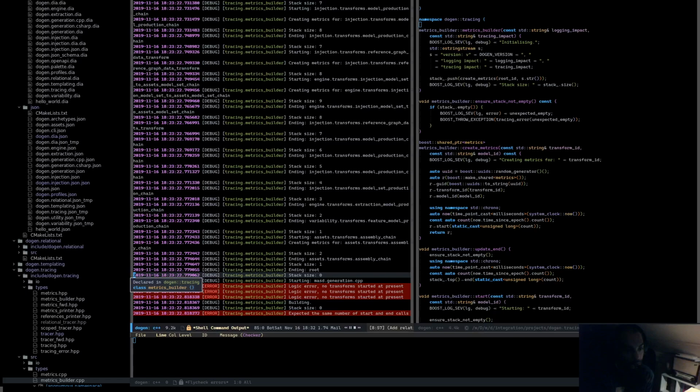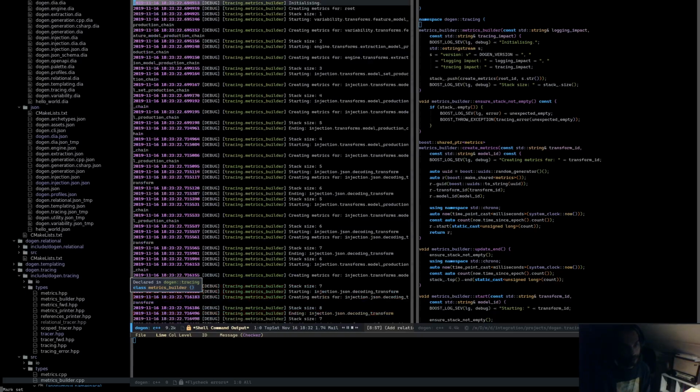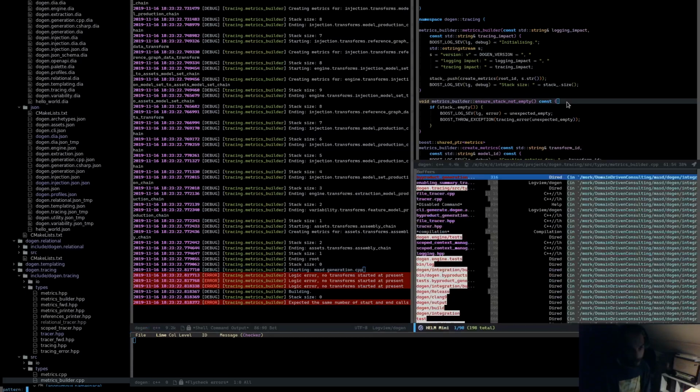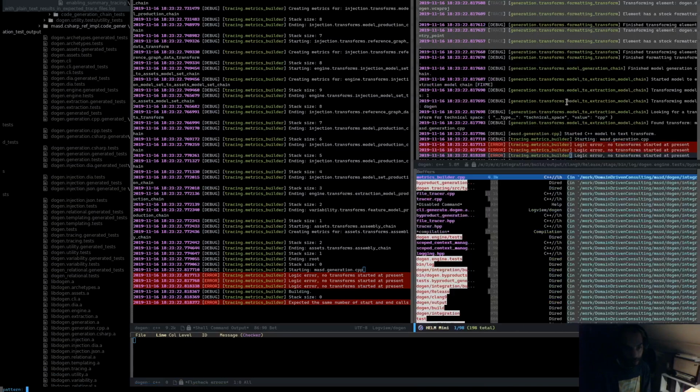However, the interesting thing, of course, is that we seem to start doing all over again. So starting MASD.generational CPP, this is probably a top level transform. It's good that we have all these errors really, because if this was just kept going without throwing, we would never know. What we need to know though is we need to figure out,